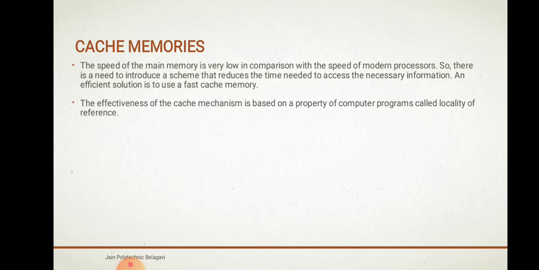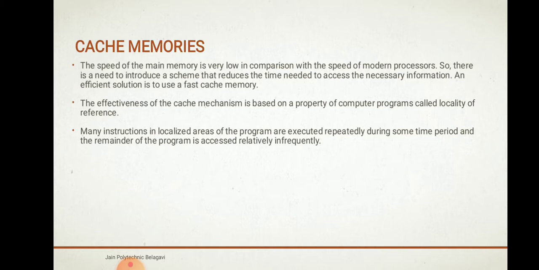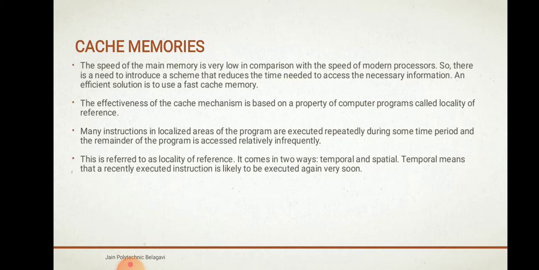Now the effectiveness of a cache mechanism is based on a property of computer programs called locality of reference. Many instructions in a localized area of the program are executed repeatedly during some time period, and the remainder of the program is accessed relatively infrequently. So when you write a program, some of the statements stored in the memory will always be executed, and some instructions will be accessed infrequently, which means they will not be accessed more frequently. Now this is referred to as locality of reference,